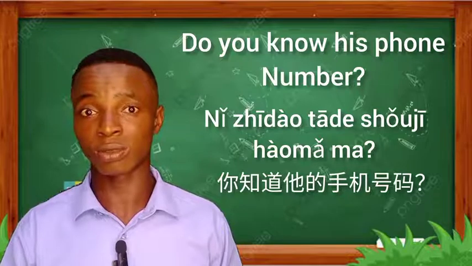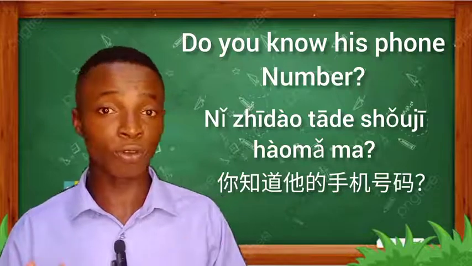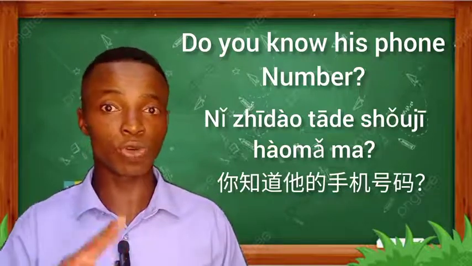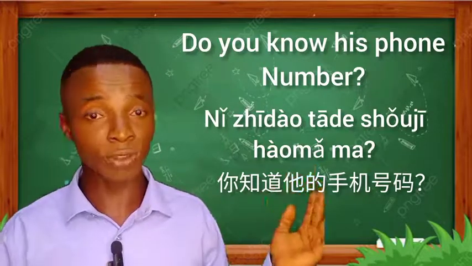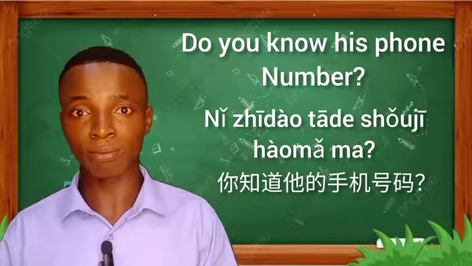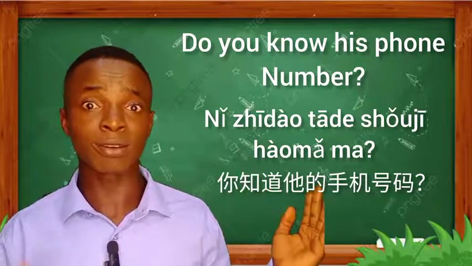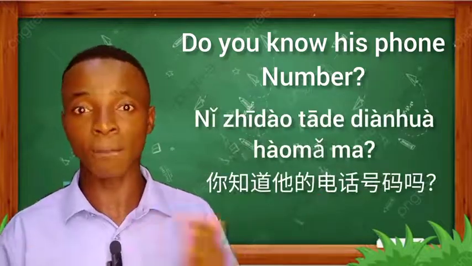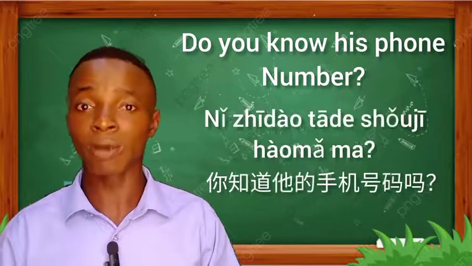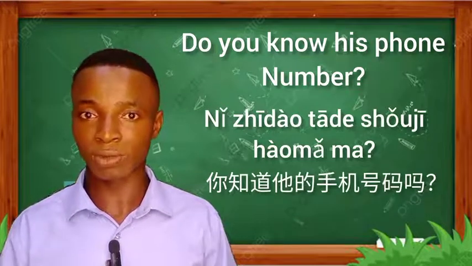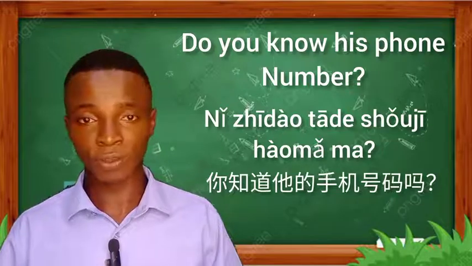When we want to talk about a phone in Chinese, it is called 手机. So you can ask 你知道他的电话号码吗？ or 你知道他的手机号码吗？